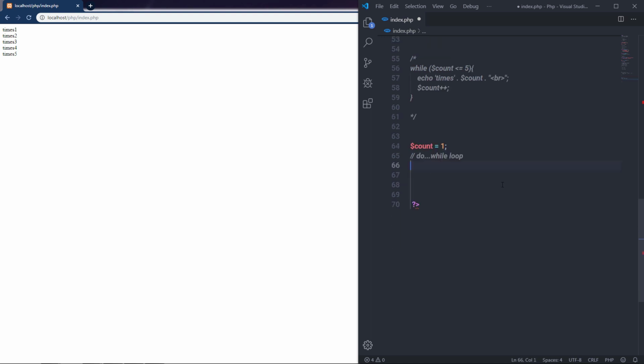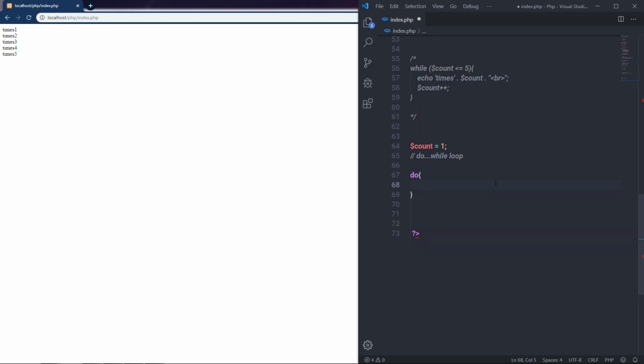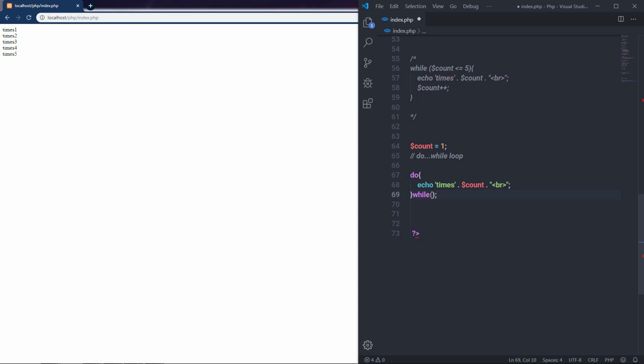And now let's see what is do while loop. Do while loop and while loop are similar. The do while loop starts with the do keyword. You have your statements, so I'm going to put this statement inside this do block, right? And just outside of this do block, you have while expression. So I'm going to put while, and in this parenthesis, you have your expression. So I'm going to put this expression inside this while,